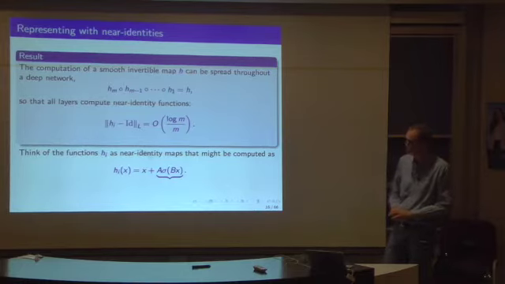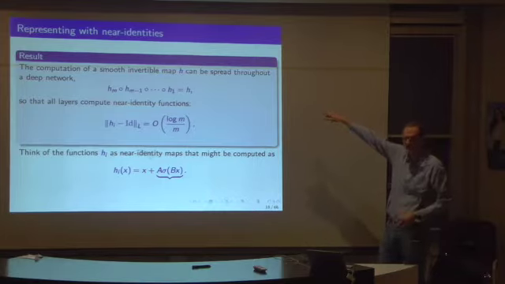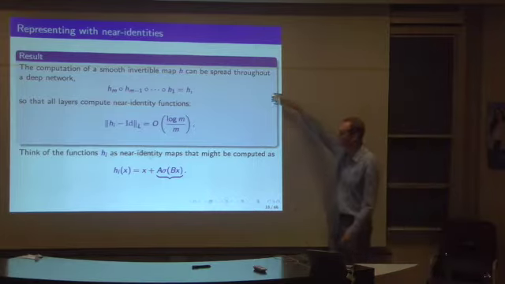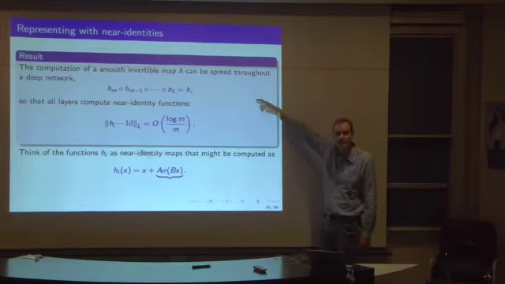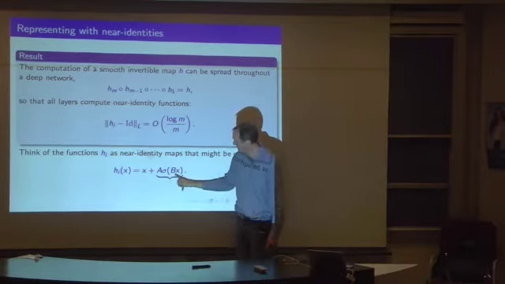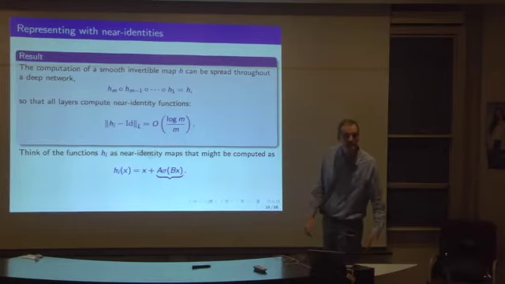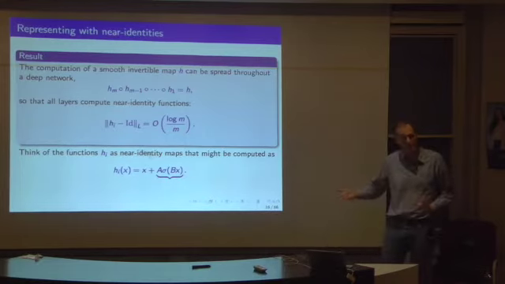Or it might be, yeah. I'll state the theorem precisely on the next slide, but when we say that every smooth invertible map can be represented in this way, we're representing it exactly. In fact, you can construct the H1 through HM to satisfy these conditions. As long as we allow the number of rows of B, and so columns of A, to be as big as we like, then we can approximate any of those functions however we like.